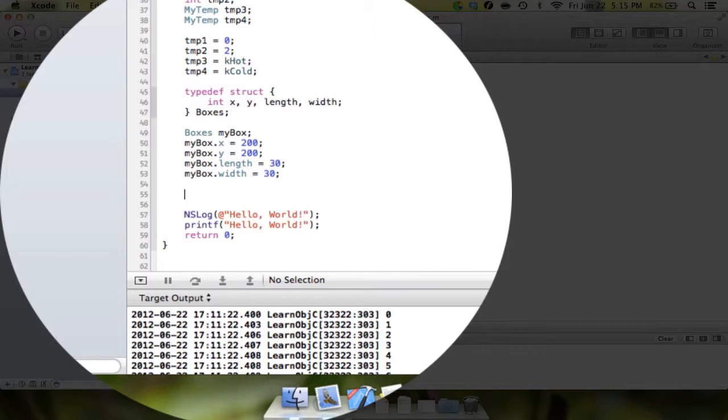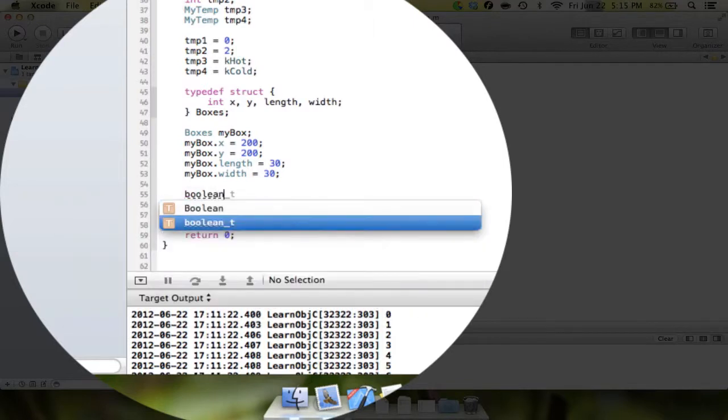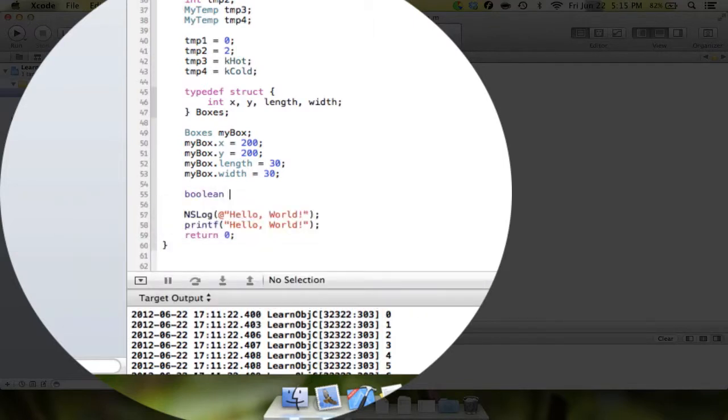The last thing you need to worry about is bools. In any other language, or most other languages at least, you have a Boolean. Like in Java, to declare a Boolean variable, you would say Boolean mybool equals true. Here, that just doesn't fly. That's not an actual data type. The data type that you're going to be using is called BOOL, in all caps,